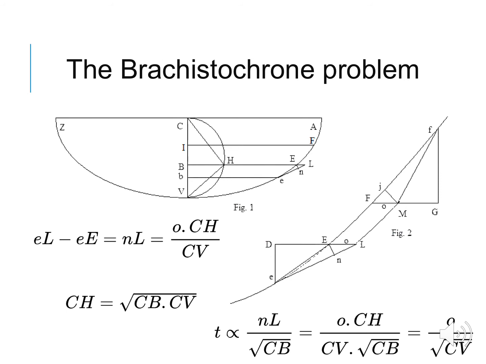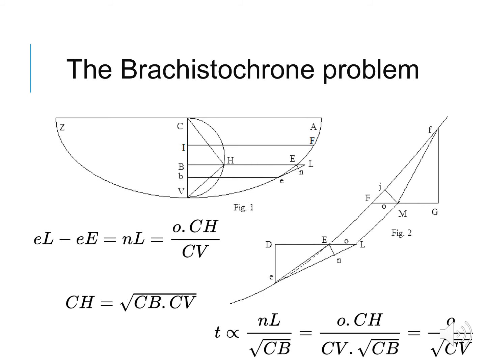Therefore, he concludes that the minimum curve must be the cycloid. He argues as follows: assume that figure 1 is the minimum curve, not yet determined, with the vertical axis CV and the circle CHV removed, and figure 2 shows part of the curve between the infinitesimal arc EE and the further infinitesimal arc EF, a finite distance along the curve. The extra time